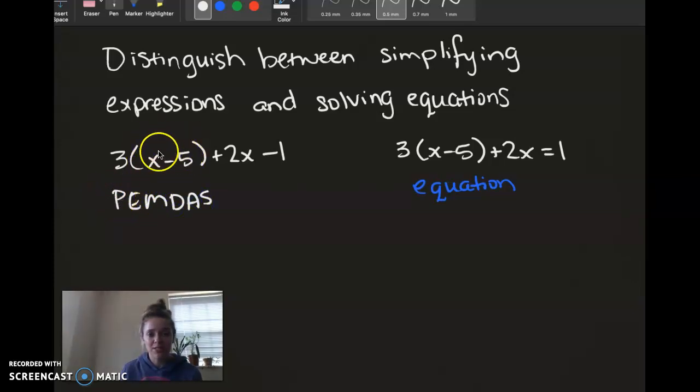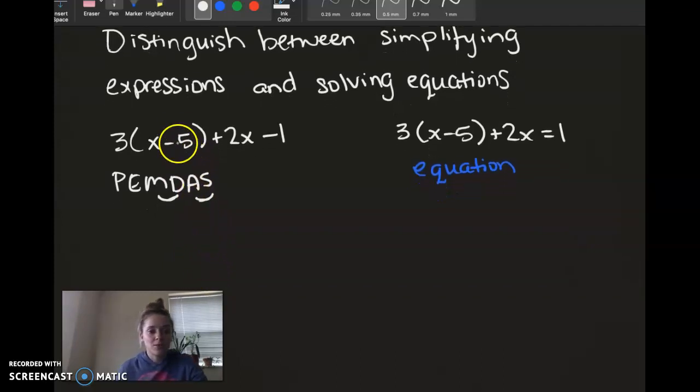So simplify in the parentheses if you can. I can't really. And then exponents. Multiplication and division are the same importance level, so you just go left to right with those. And then addition and subtraction are the same importance level, so you go left to right with those as well. So here, since I can't simplify what's in the parentheses, the next thing I'm going to do is multiplication,